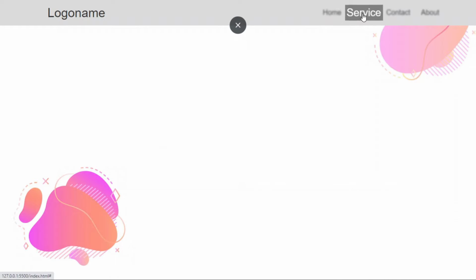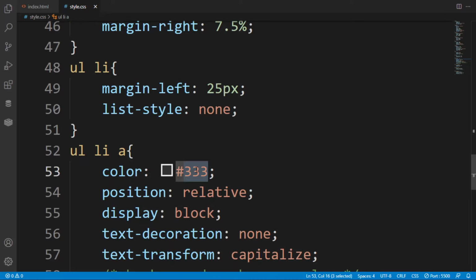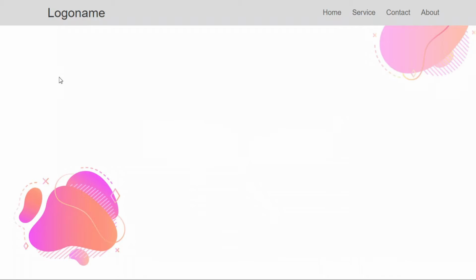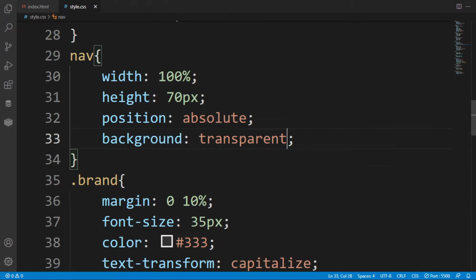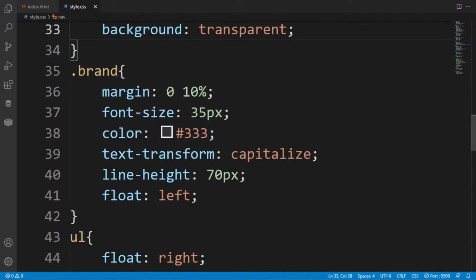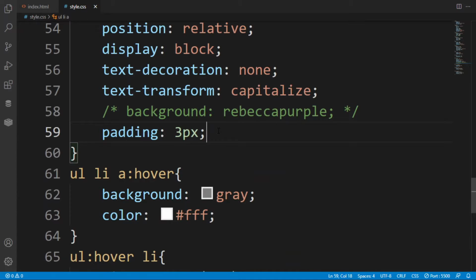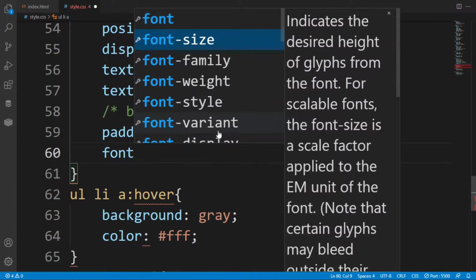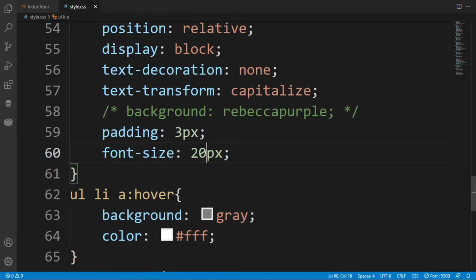After saving it, as you can see, all the navigation bar things have been done at this point. Here you can create it 5 so that it will be light gray. Here in this, give the background transparent so that it will match the header section. Here in this, all the things have been done. You can adjust the settings according to your need, or I have also provided the source code in the description. Please check it out if you have not checked it out.